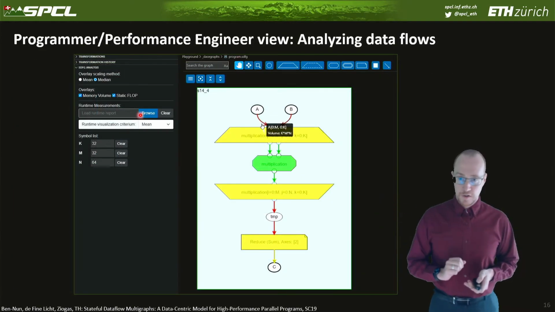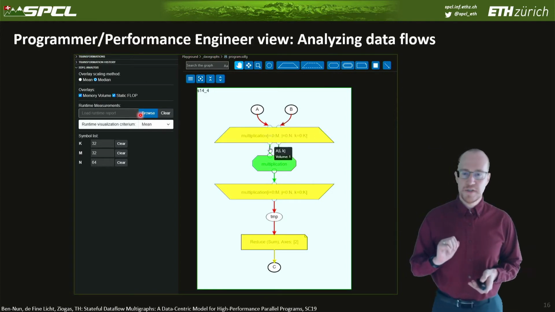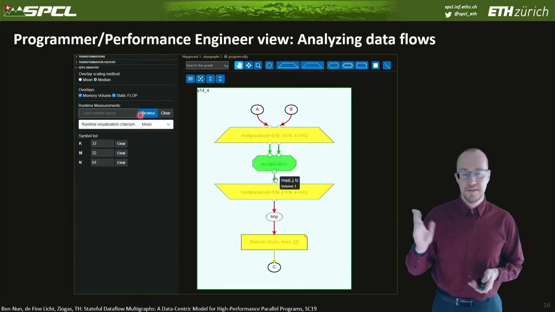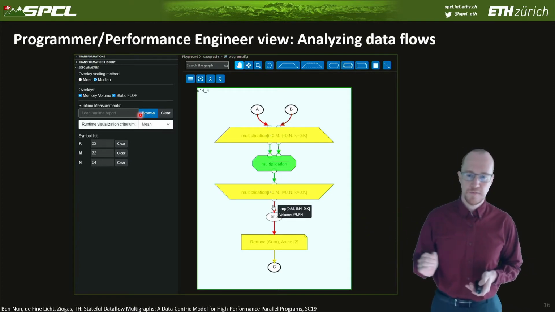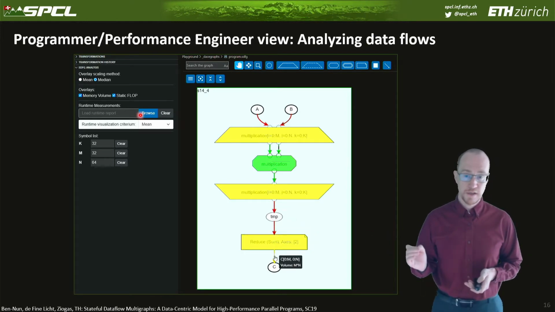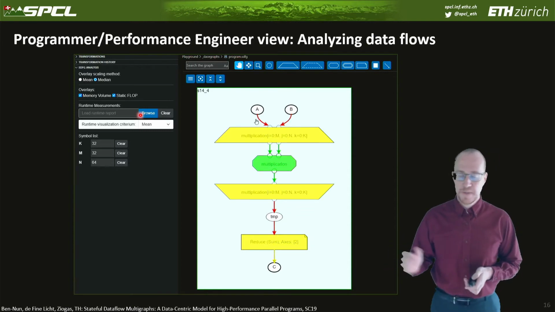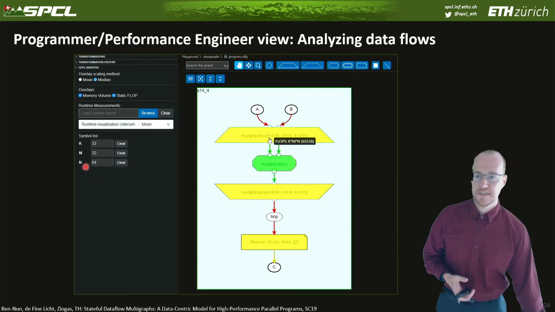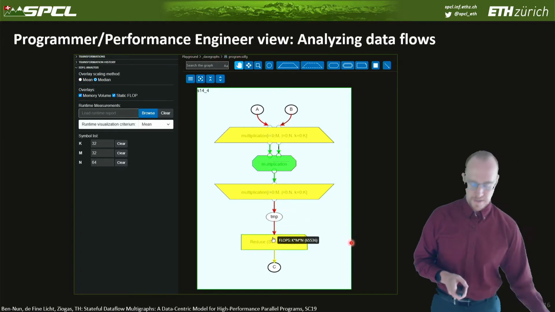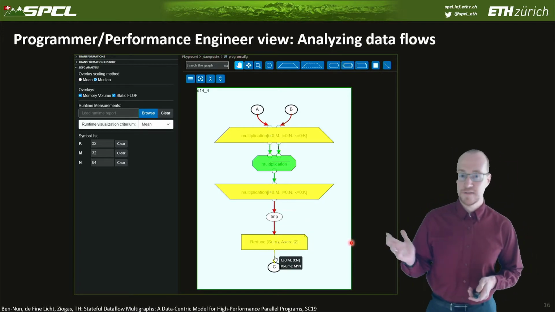Then you can actually go a little bit more into detail here, and for each of those elements in the graph, you can see the actual data flow. As you can see, you hover over a tasklet, it tells you the computational complexity. Here, flops. How many flops are in there? You hover over an edge, it tells me what is the data flow, what is the data volume that is moving. It can tell you symbolically, but it can also tell you for a specific setting. So here we just initialize these symbols K, M, N, L to 32, 32, 64, and here you see it actually computed that the flow volume here is 1. Of course, it's in the iteration space, and here the volume is K times M times N. So this is quite convenient.